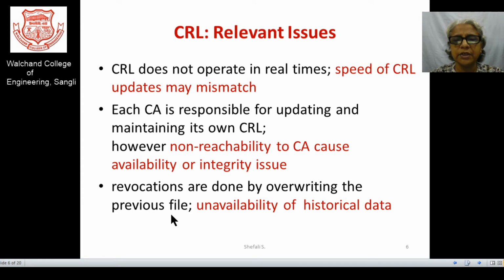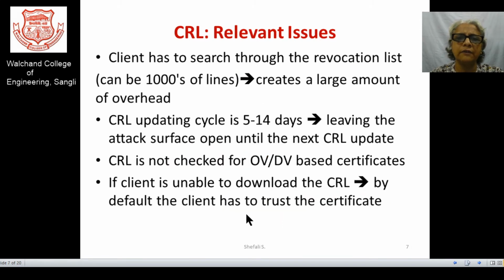This is very dangerous, and that's why unavailability of historical data is the major concern. If any forensic analysis is to be carried out, and any evidence is required, that evidence may not be possible. Such provision is not available because the updation is carried out by just overwriting the data itself.